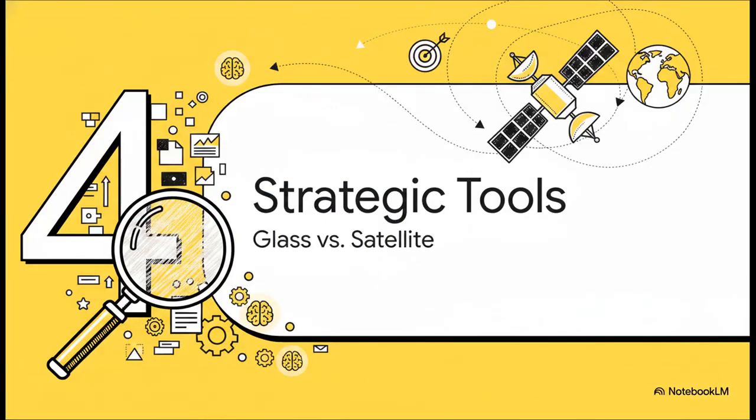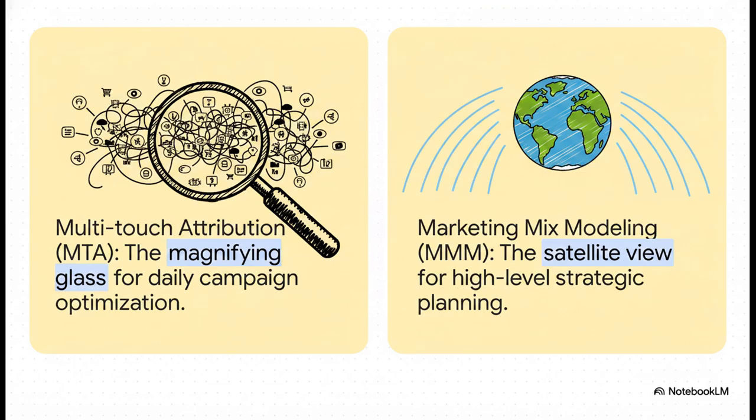So how do we actually put this to work? Well, AI attribution powers 2 really smart frameworks for making decisions. The best way to think about it is having both a magnifying glass for the tiny details and a satellite for the huge big picture. On one hand, you've got multi-touch attribution, or MTA. This is your magnifying glass. It zooms in, tracks individual user paths, and it's absolutely perfect for making those daily tweaks and optimizing your campaigns